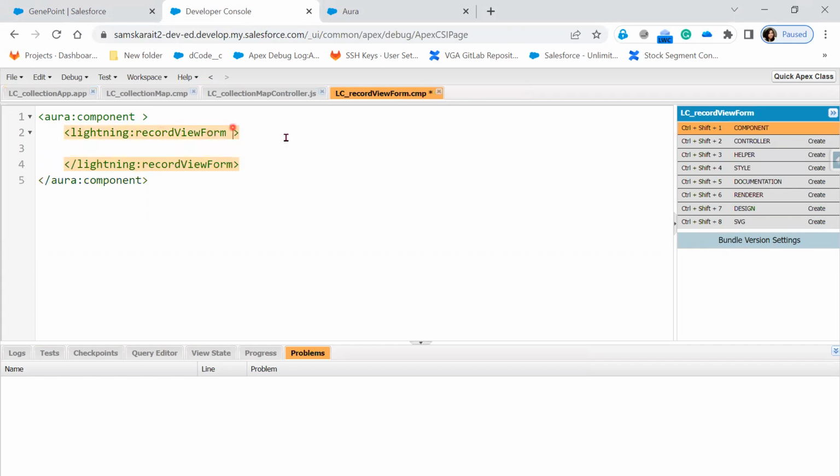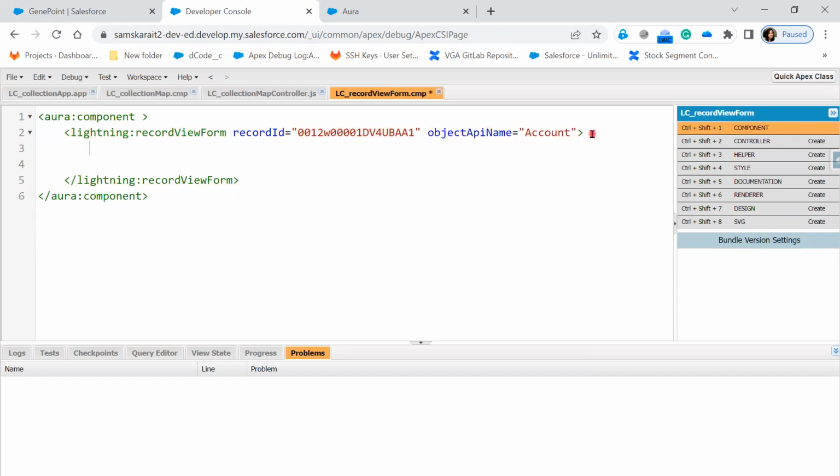Within this, what are the attributes that we have? Record ID. I'll take the standard one right now. Object API name. Density, we'll see later. For now, I'm taking the hard-coded ID here, object API name equal to account. Now within this, I'll be writing the Lightning